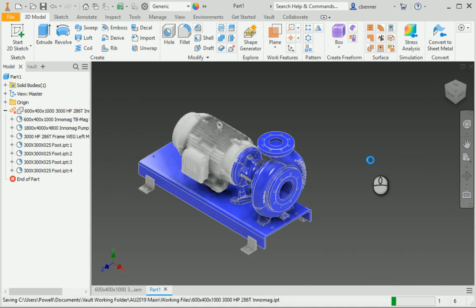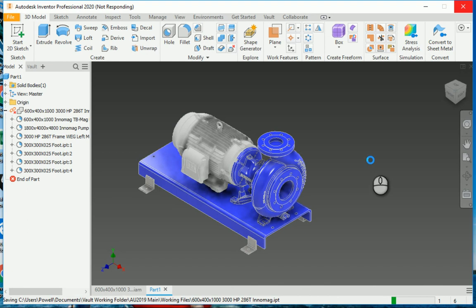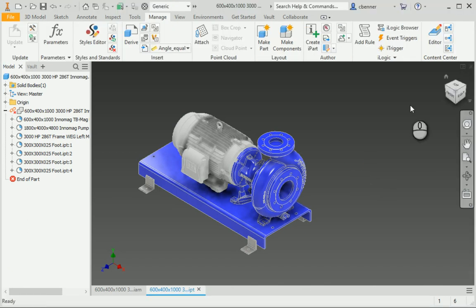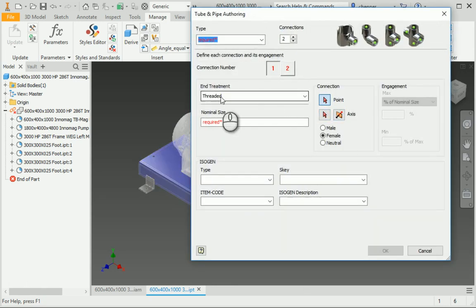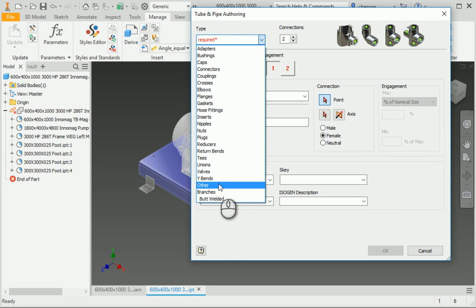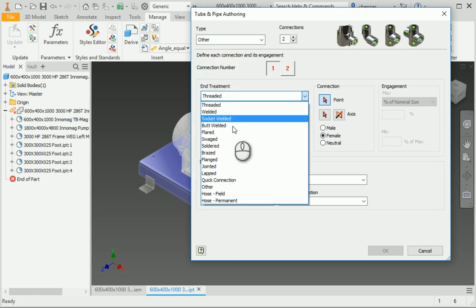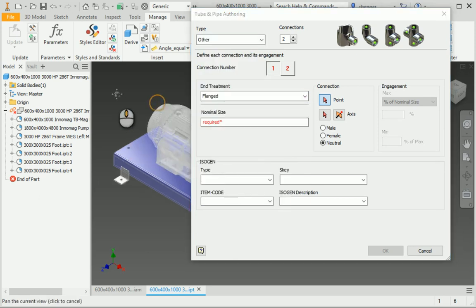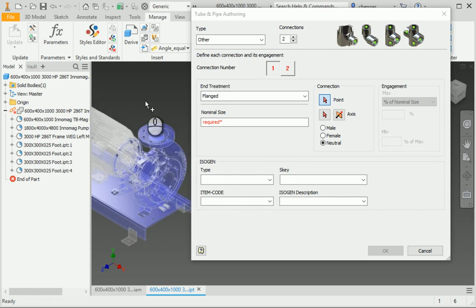And then authoring it is going to be just as simple as authoring any other part. With the part saved, we're going to go to the Manage tab and grab the tube and pipe authoring tool, just like we have on all of our other parts. And we're going to set this type as other. You're going to set the connections to flanged, and you can decide which one is your connection 1 and which one is your connection 2. I'm going to select the suction as number 1, and you have to enter the size by hand because this is not an iPart and you're not going to have a table for it. So we're going to set that to 4 inch,